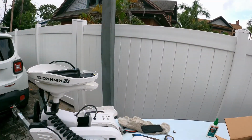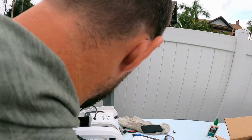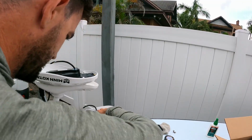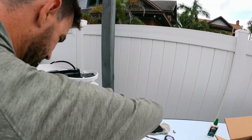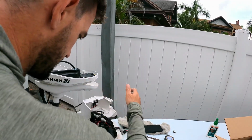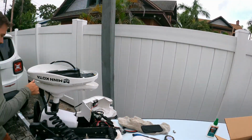Side pieces off, don't drop your screws, or if you do, don't lose them. So, got this guy pulled out, then this, you just squeeze on the sides, and it lifts right up. Now, this is going to be